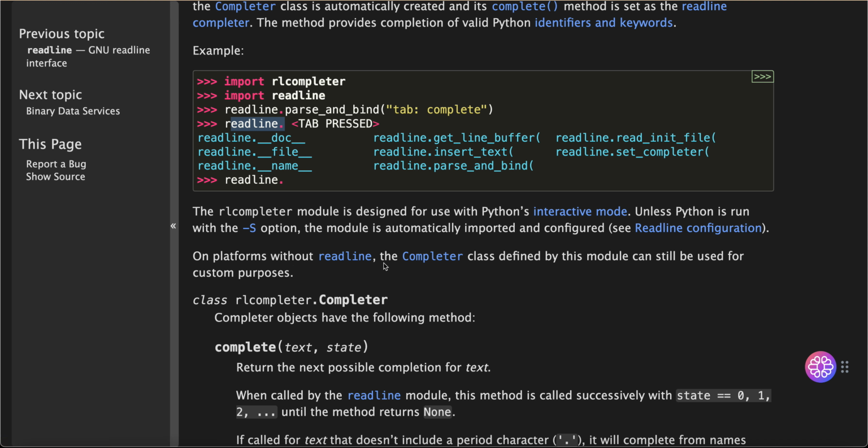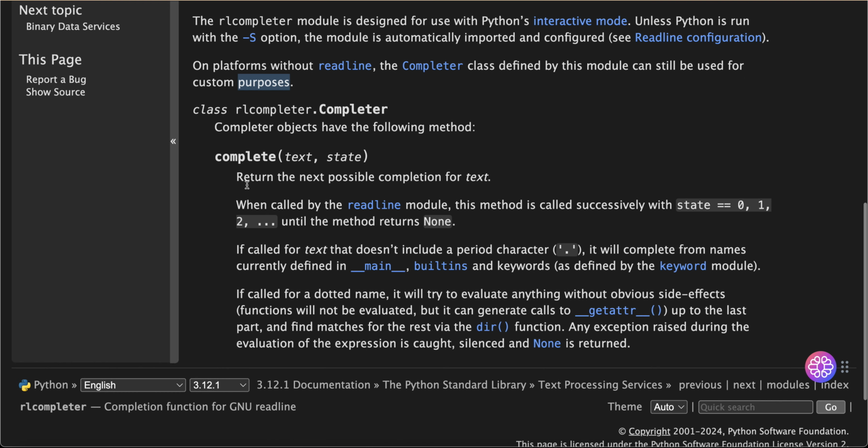On platforms without readline, the Completer class defined by this module can still be used for custom purposes. Class rlcompleter.Completer. Completer objects have the following method: complete(text, state). Return the next possible completion for text. When called by the readline module, this method is called successively with state equal to 0, 1, 2, until